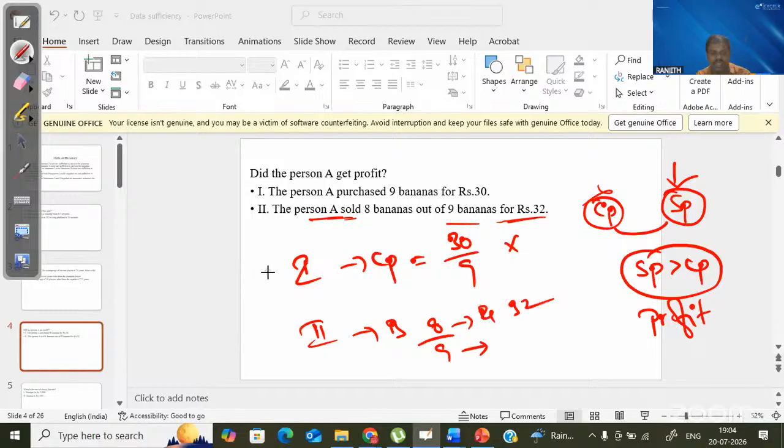Again, statement 1 is not sufficient, and statement 2 is also not sufficient. Statement 1 gives CP and statement 2 gives SP. So by using statement 1 there is no SP. By using statement 2,